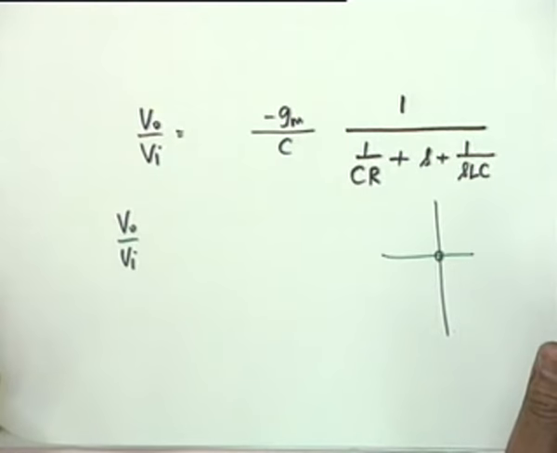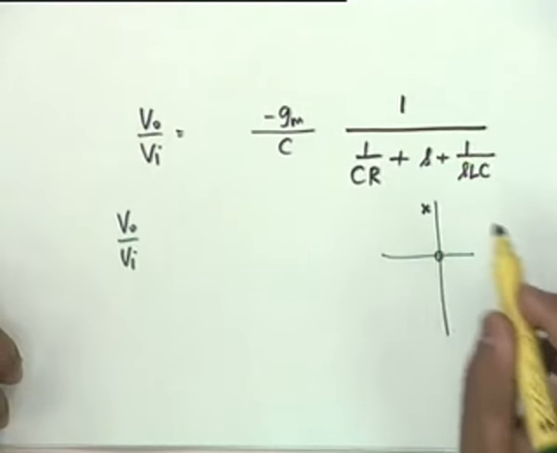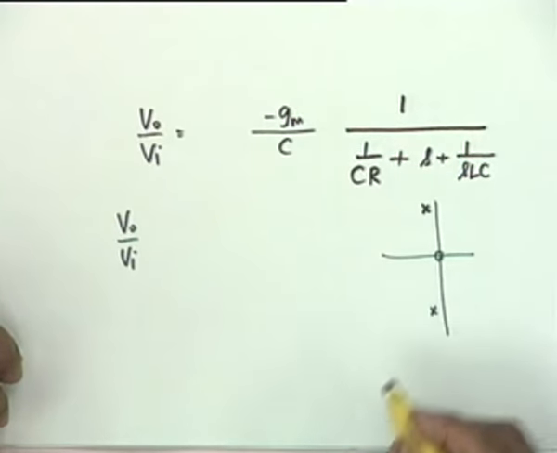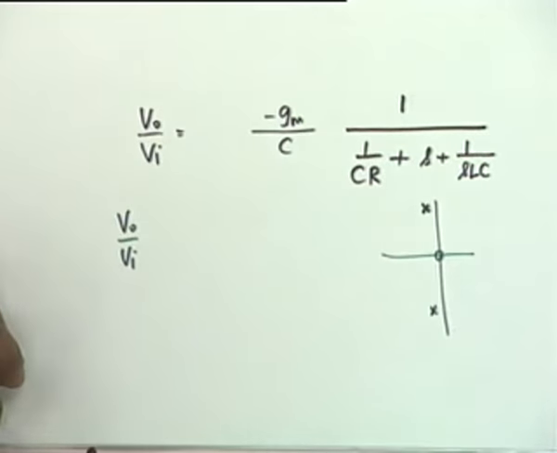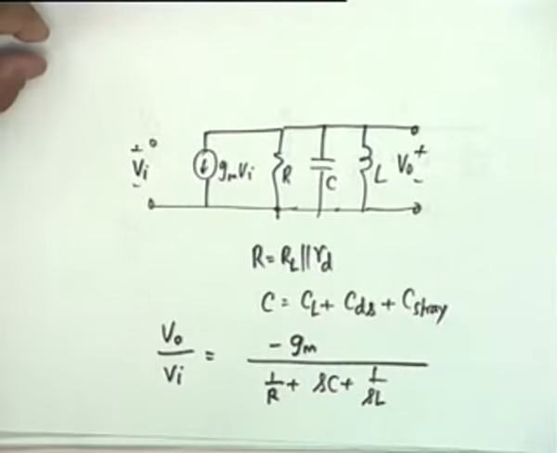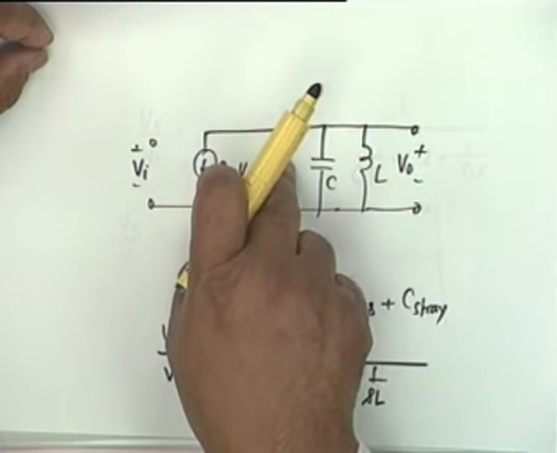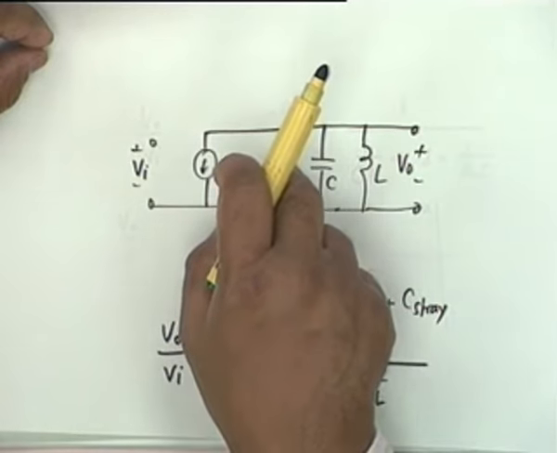They could be real also, but a real pole does not serve much of a purpose. You require them to be complex, not only complex, you require them to be close to the j omega axis. The real part of this pole should be as small as possible. Who determines the real part? The resistance R. Now, you want R to be high or low in this case? Wrong. You require this R to be as high as possible. If this was infinity, then the pole should have been exactly on the j omega axis.